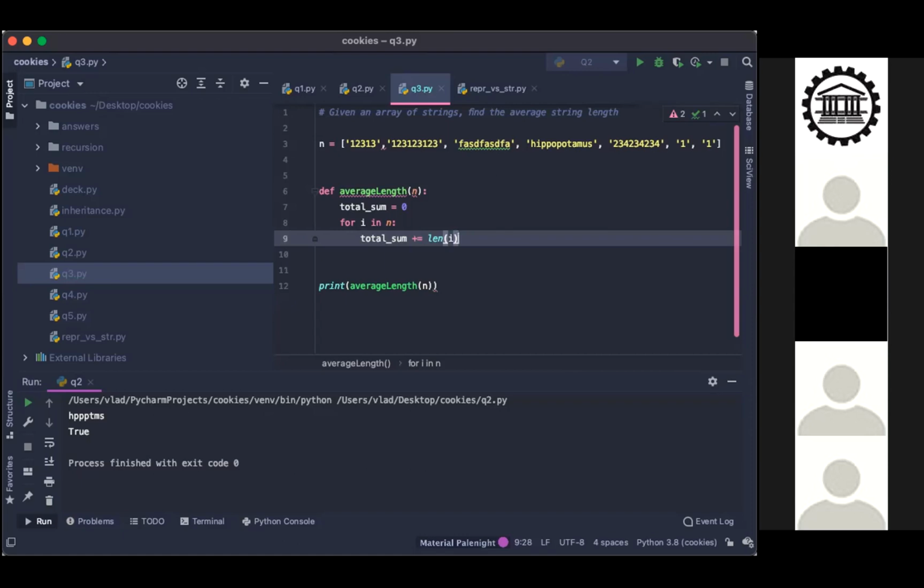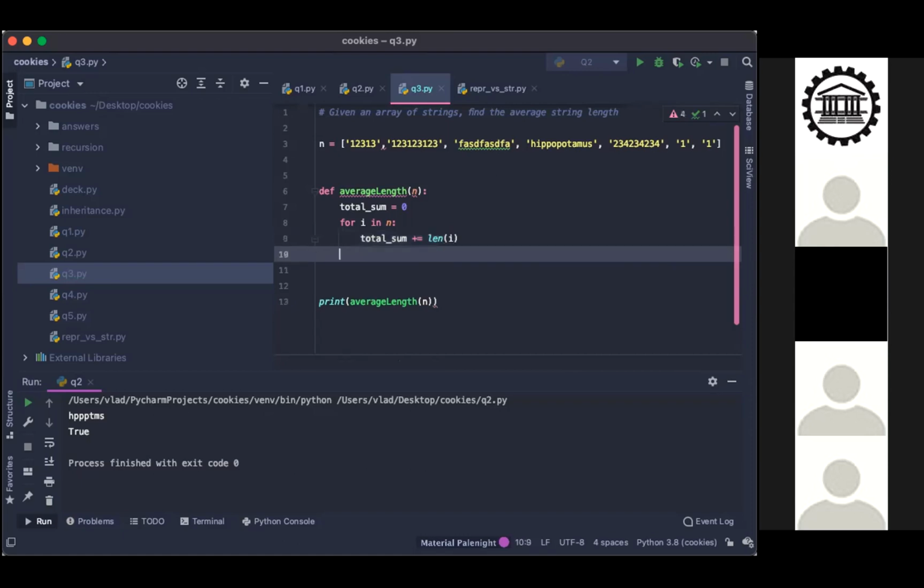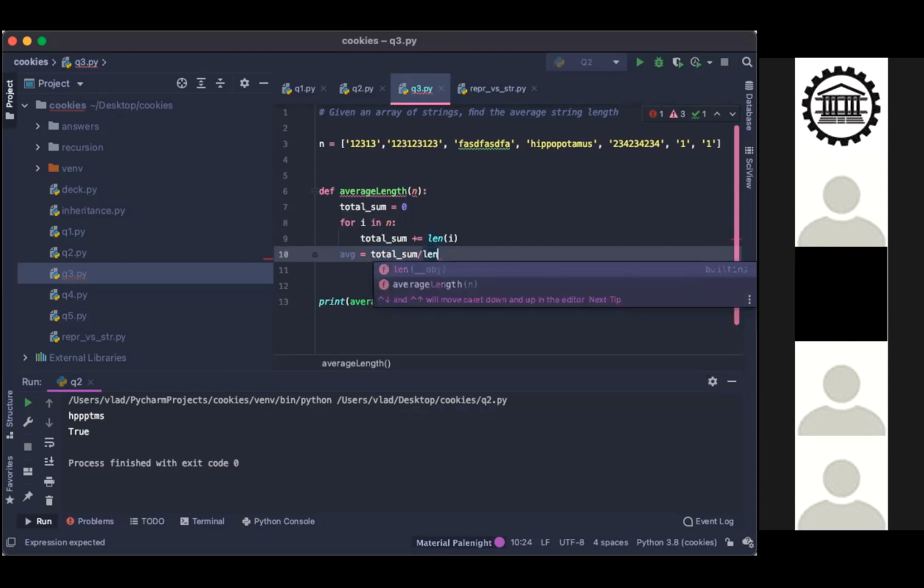And then once we do that, we can come out of the loop. Once it's done, we can do average, AVG, total sum divided by length of n. Sorry, length of n.